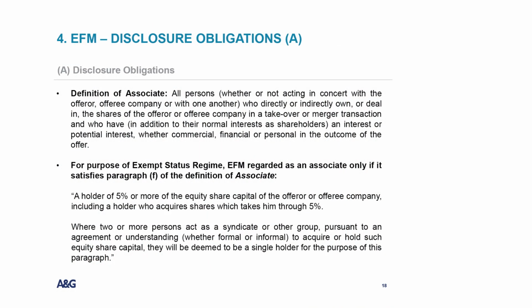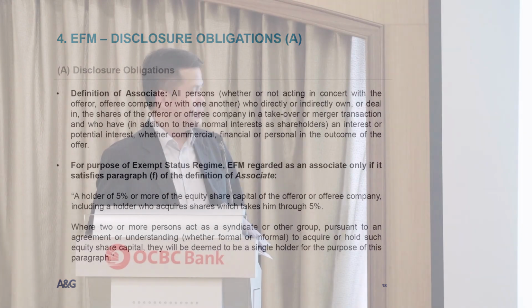Now, an EFM will be treated as an associate of the offeror or the target company if it holds 5% or more of the equity share capital of the offeror or of the target company. I think that's the key rule in terms of when you qualify as an associate. And as mentioned earlier, if you qualify as an associate, you have to make a public disclosure. In working out whether you hold 5% or more, the requirement is that the bank will have to aggregate the holdings of all investment accounts managed by the EFM on a discretionary basis,